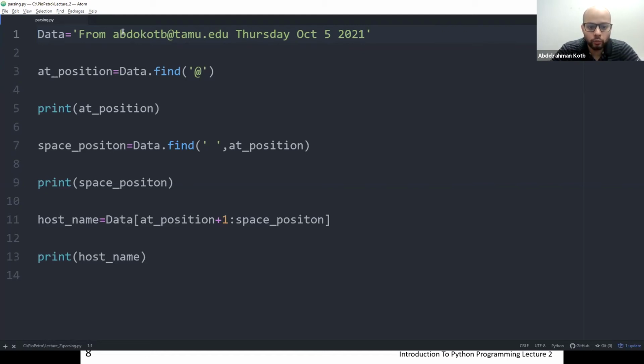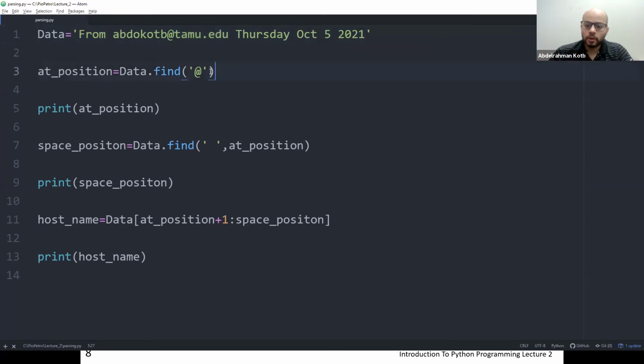What I'm trying to do is get the host name, which is tamu.edu. This is the host name. But if I ask Python, please give me the host name, Python has no idea what I'm talking about. For Python, I'm giving it a string. You can tell it to find a character, and it will tell you where it is.